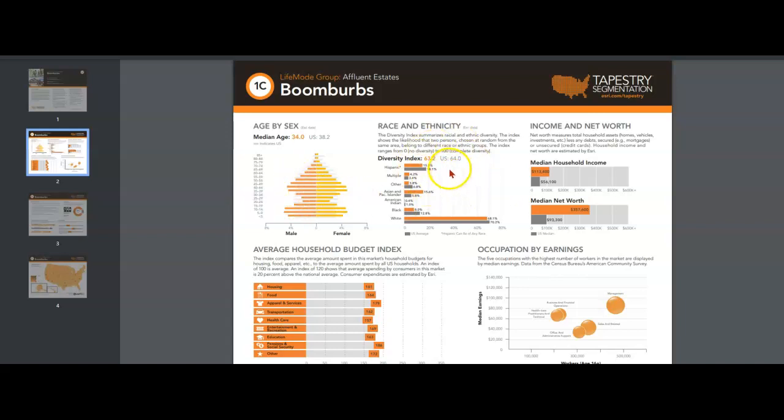It talks about the diversity index, so it tells us that about 15% of the population is Hispanic, those that are multiple races, Asian Pacific Islanders, Black, and then the majority is white. It talks about household budget by what we spend our money on. It talks about median household income, and it also talks about occupation. So this page is going to be really important for you to dive in to talk about